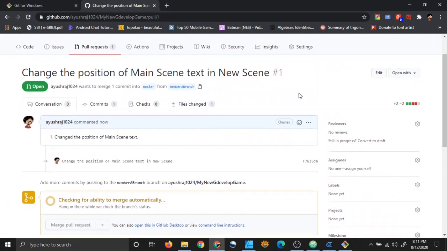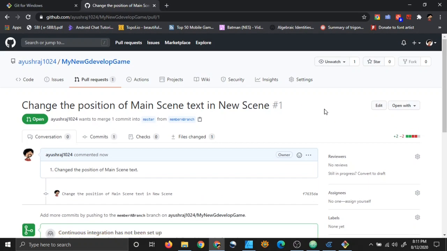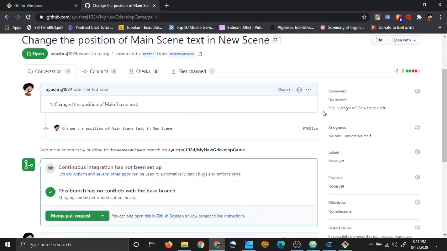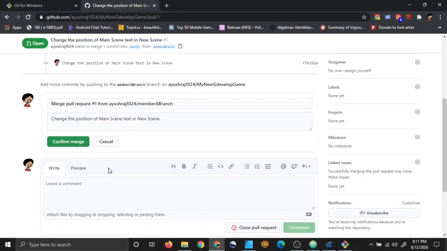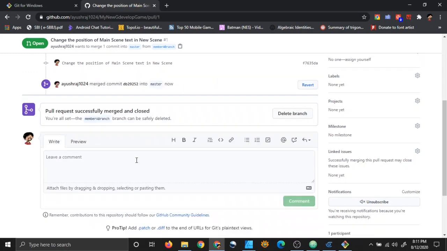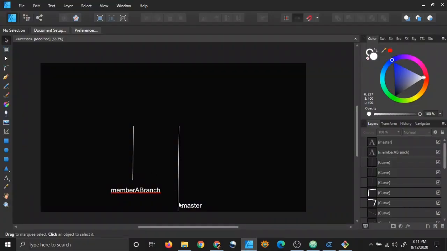And now I have created a pull request which I can now merge. If you are the admin of the GitHub account, you can merge the pull request. So just merge pull request and confirm merge. So now I have successfully merged my member A branch with my master branch.